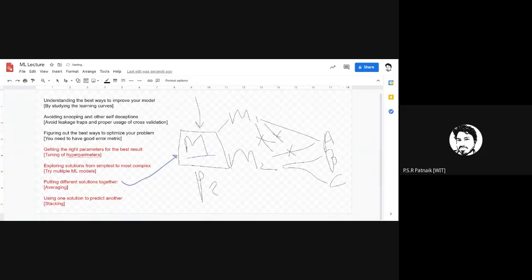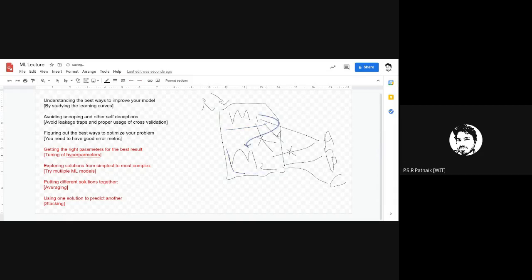But instead of combining them, if I do something of this kind, whenever I get data, I use M1 and M2 as a process. Whatever new instance you're passing goes first through M1, then it goes to M2, and based on the prediction from M1 and the prediction from M2, I take a common output prediction. This is called stacking. What do you mean by stacking? In stacking, one model is stacked over others. It is like a chaining of ML models.